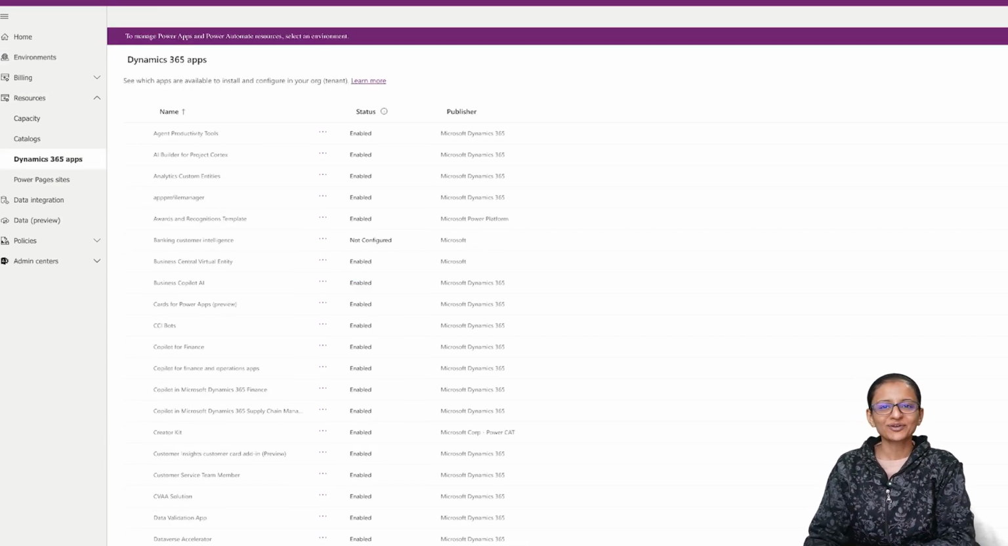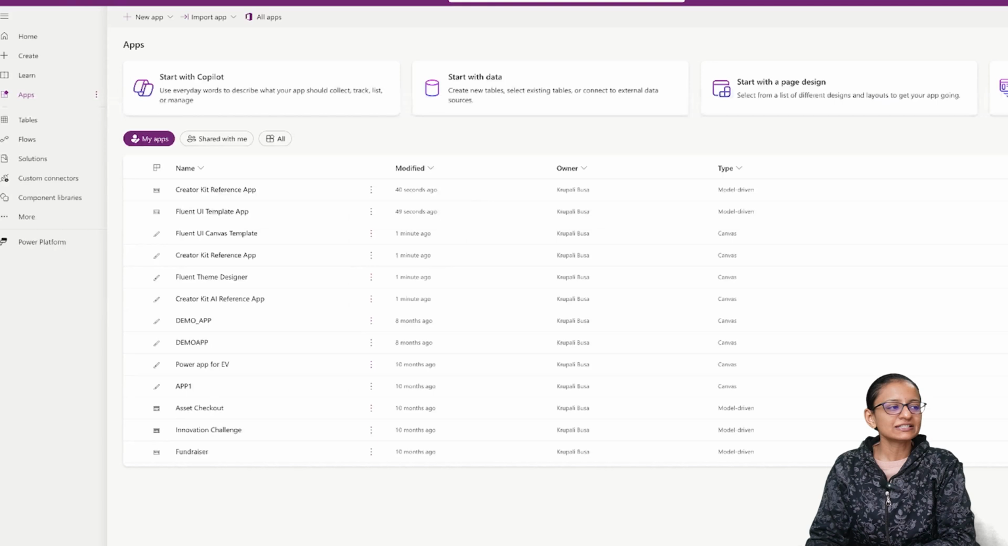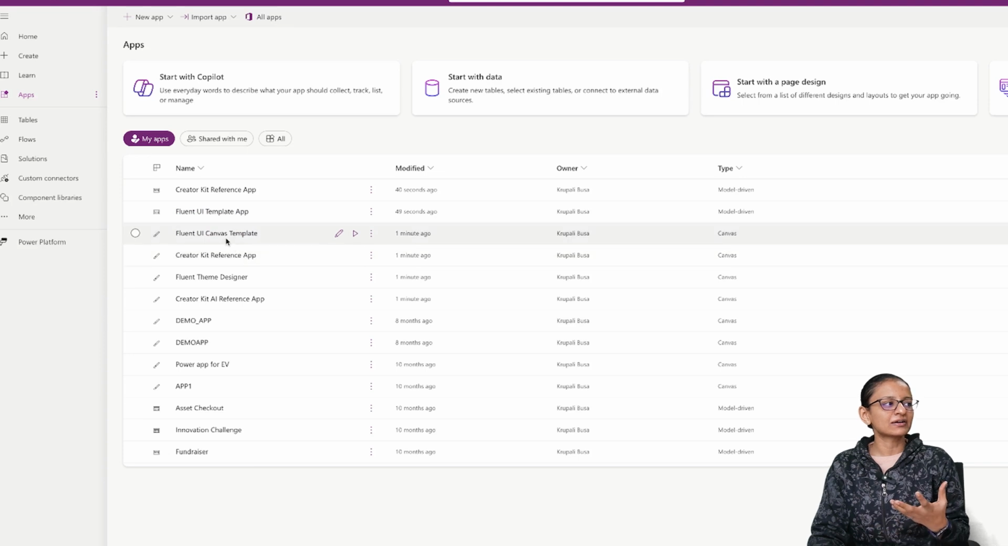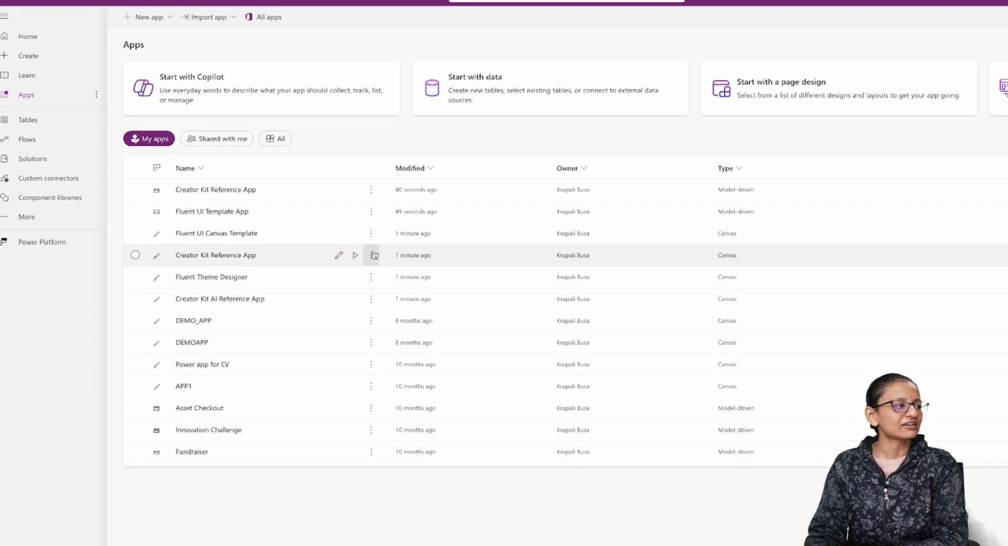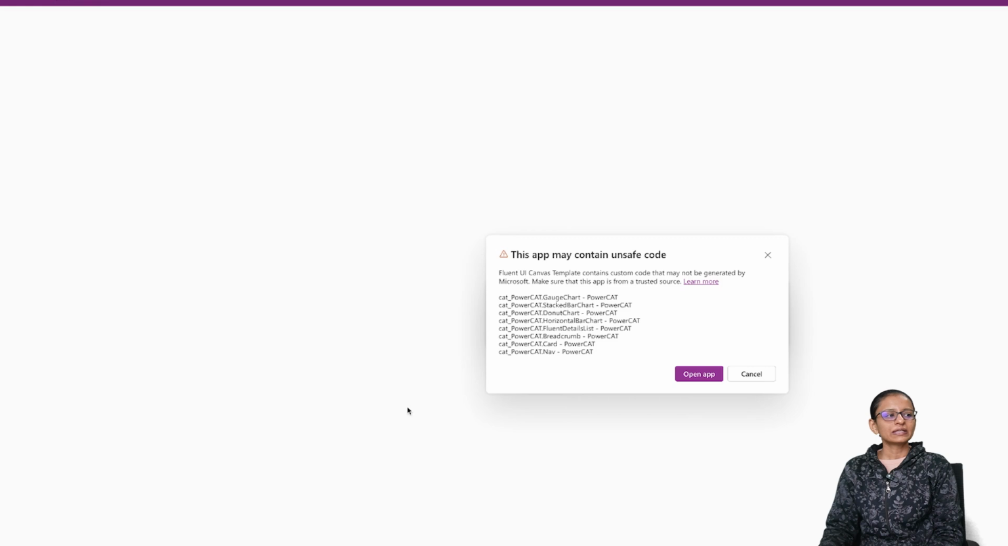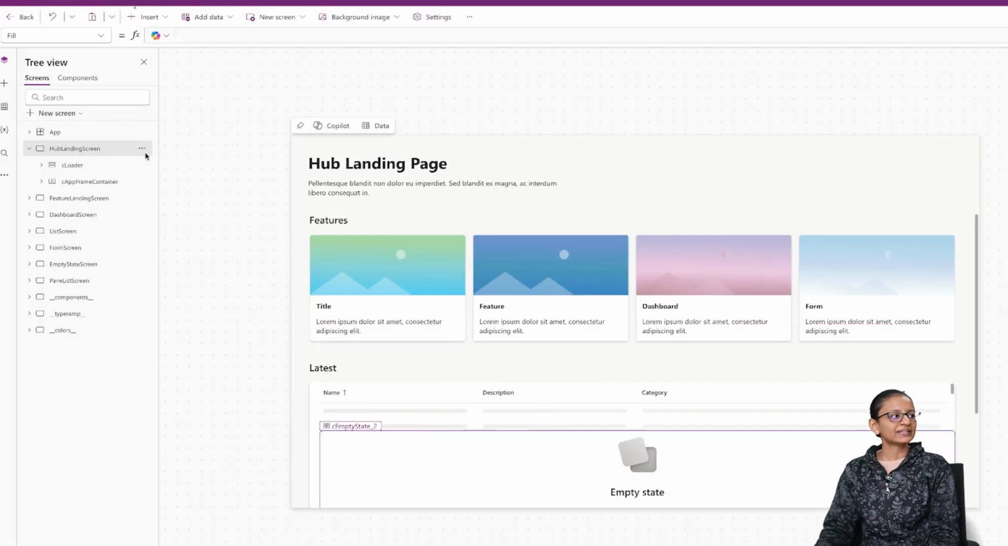So my Power App Creator Kit is installed. Once it is installed, you will see here the Creator Kit reference app, Fluent UI template app, Creator Kit Fluent UI canvas template, everything you will see here. So let me open that Creator Kit canvas template, click on edit. Here they are saying that Creator Kit may contain some code that may be unsafe, but we believe it is safe. So click on open an app, and here you can see that this is the ready-made template